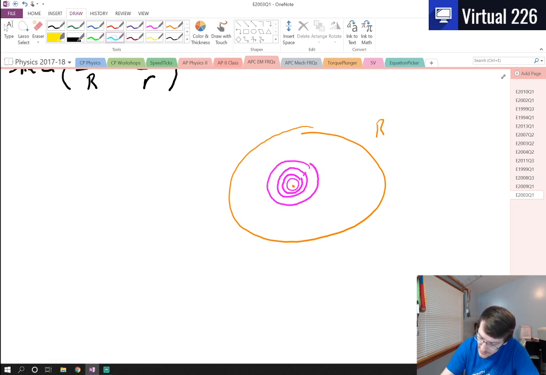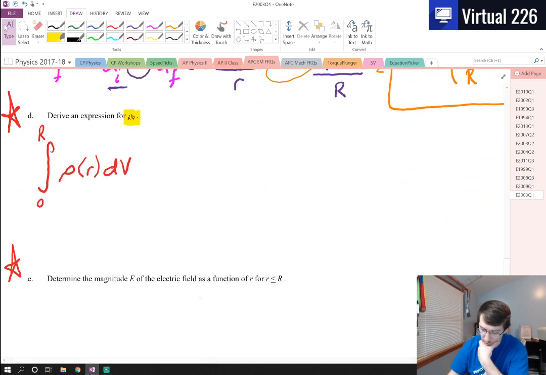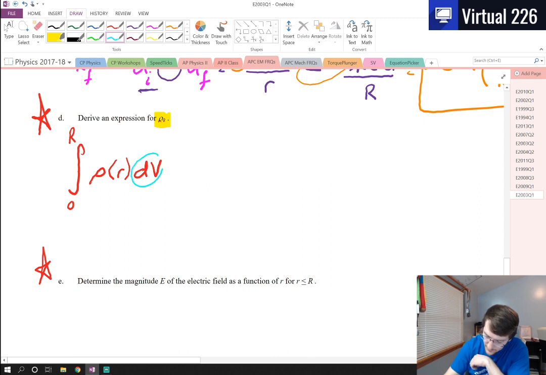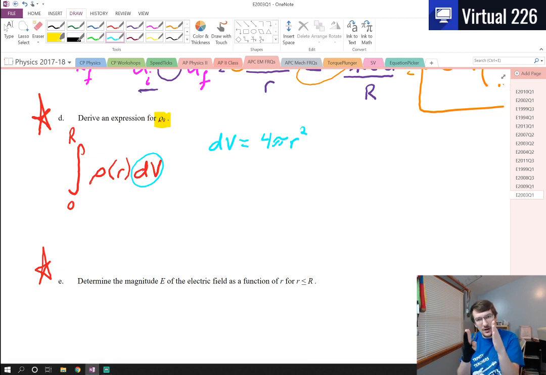Because what we're doing here is moving outwards through some dr value, okay? So this means that even though we're integrating a volume here, a dv, we need to be careful about what this dv represents. This dv for us actually represents the surface area of a sphere, 4 pi r squared, multiplied by some tiny infinitesimal dr distance here,